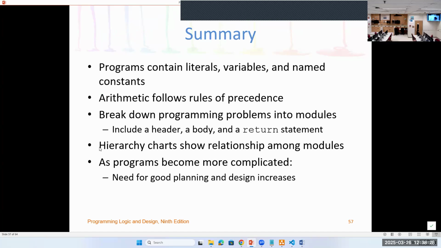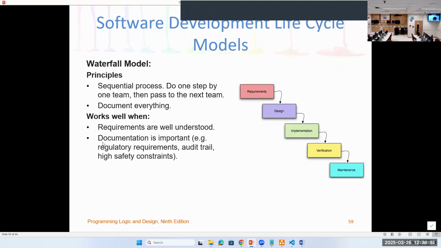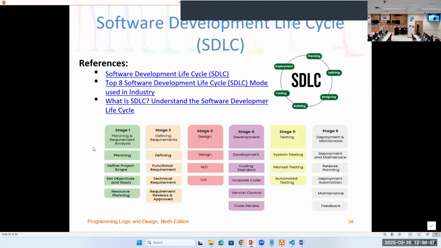So that's all for module number 2. For module number 2, you also learn some more detail about the software development life cycle. Basically, for this one, I think it's another class, analysis and design,